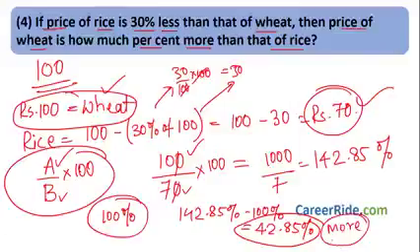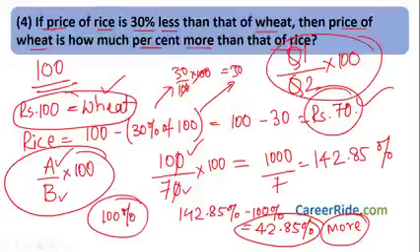Correct? Now there can be another sum. They can give you price of rice and they say price of rice is 30% more than that of wheat. Then the price of wheat is how much percent less than that of rice? You have to use the same technique, quantity 1's price divided by quantity 2's price multiplied by 100 to get the percentage. Always remember this tip, that is first quantity in relation to second quantity multiplied by 100. That will give you the required percentage. Whenever they ask what is percentage of quantity 1 in relation to quantity 2, just divide 1 by 2 into 100. That would give us percentage.